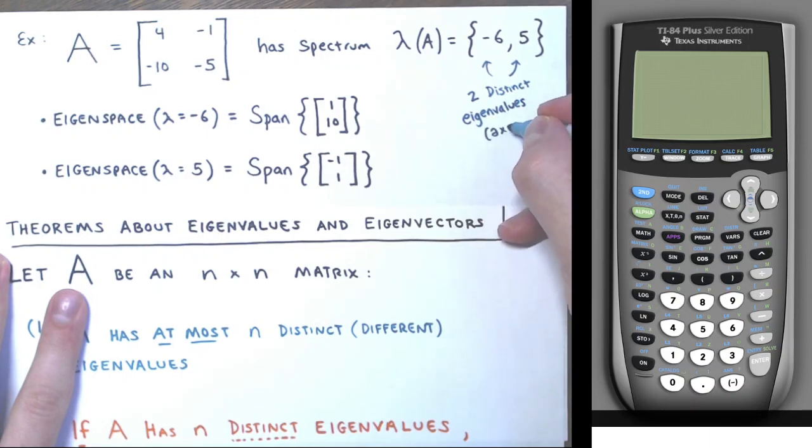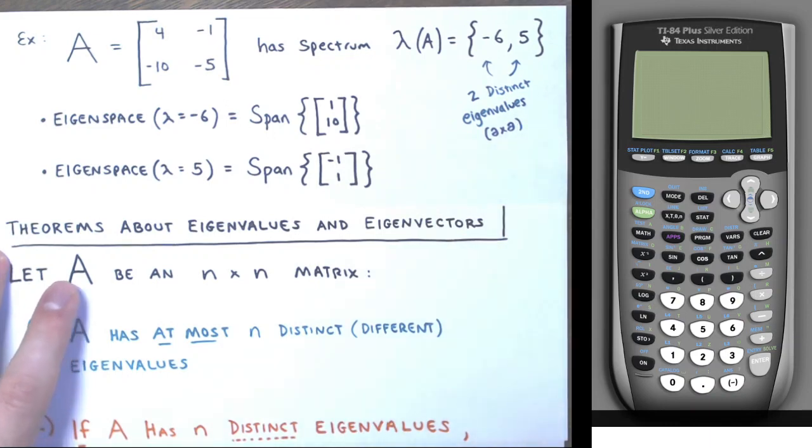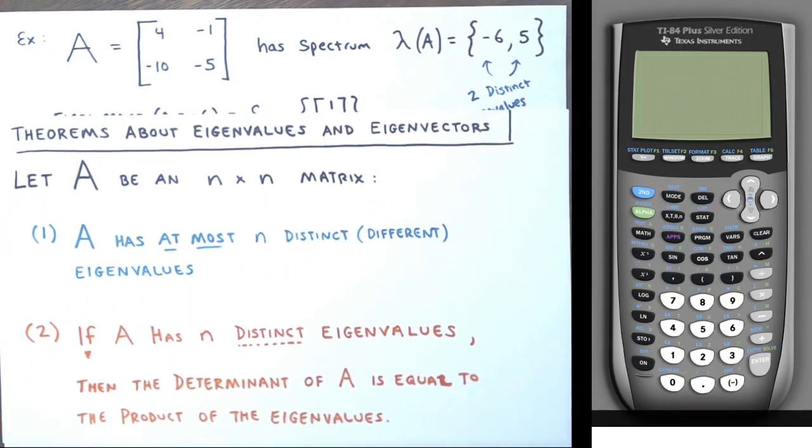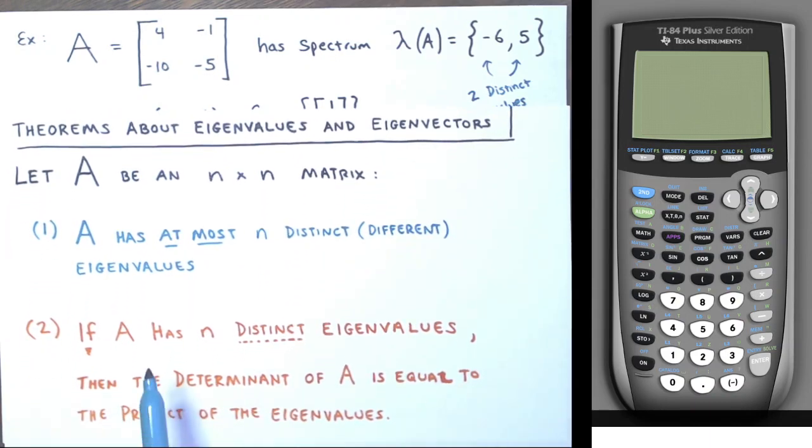It's a 2 by 2 matrix. Great. And also, statement 2 would apply, right? Because this matrix is a 2 by 2 and does have 2 distinct eigenvalues. So remember, like the last example, it has 2 distinct eigenvalues and it's a 2 by 2,